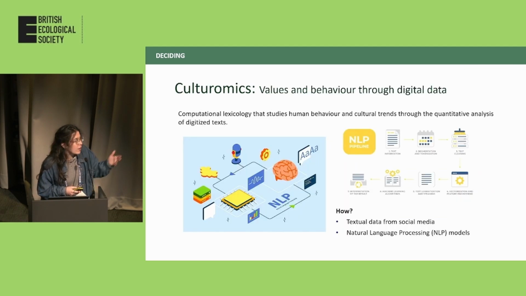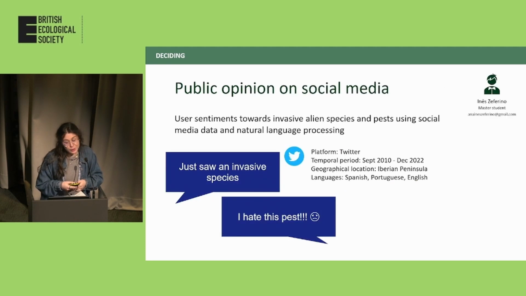And also, in the same vein, applying this to digital data again. So this is an emerging field, culturomics, in which we try to understand human behavior and perception in digitalized data, using natural language processing models. And so we also have a master's student working on this, and we had data from Twitter, when it was still called Twitter, for a certain time period in which we had extracted tweets that mentioned invasive alien species,